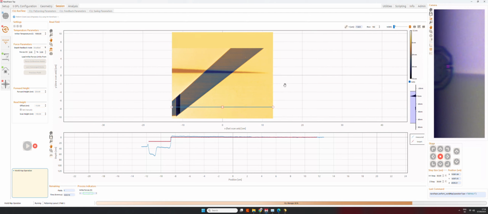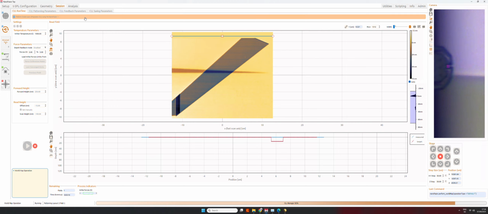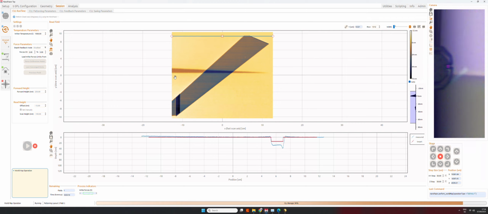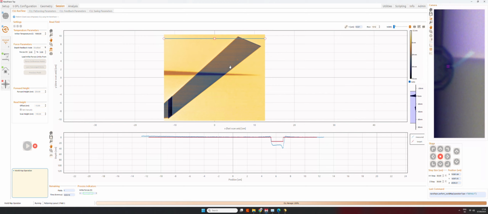So this image has a kind of artifact; it's not really the real topography. It's also something to keep in mind. If we're patterning without feedback, it doesn't really matter, because we will always apply that force and the temperature without any change. But if you use feedback, it's something that's good to keep in mind.